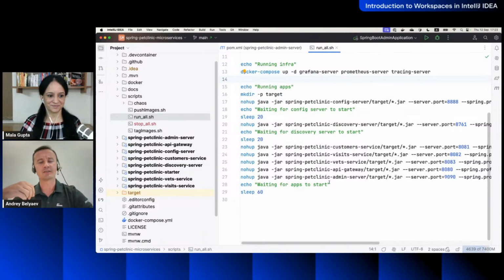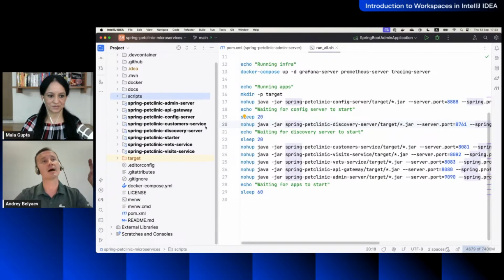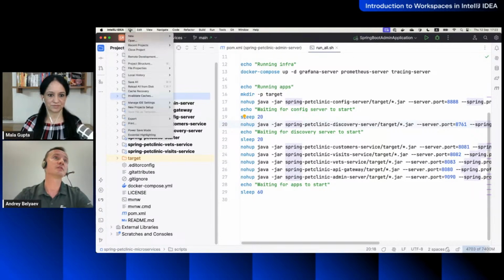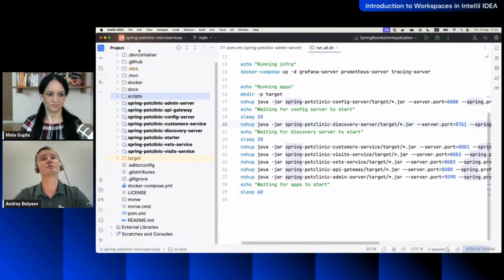So probably, guys, you know the problem with containers. If you start some microservices in a container and some of them out of the container, there will be some network problems with name resolution, etc. So now we have this startup script. And all we need to do is just update some of the services. Again, so let's close the project and create a new workspace